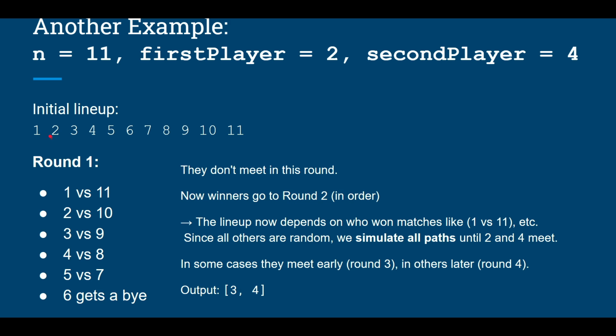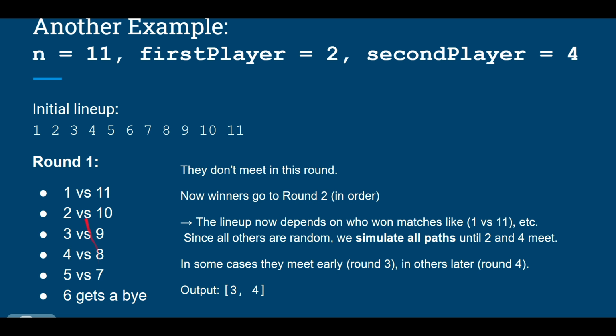Means this is the second player, right? And the fourth is what we call the second player, right? So in the very first round we'll go with what? 1 vs 11, as we know, and then 2 and 10, like this we will do. So 1 vs 11, 2 vs 10, 3 vs 9 and 4 vs 8, right? And 5 vs 7, and in the first round 6 will get the bye because there is no other candidate